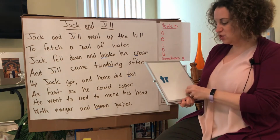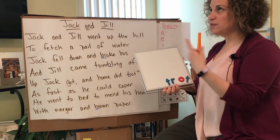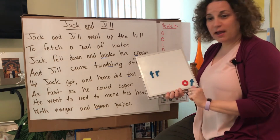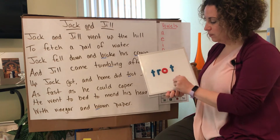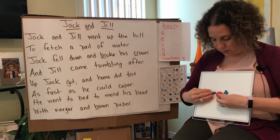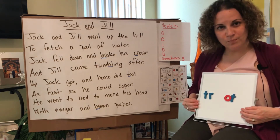So say the word trot with me and we'll build it together. Trot, trot. So the first part, what we hear is that TR together, tr. And then we hear our second part of the word, ot. Put it together, trot. Now let's break it apart. Ready? Tr, ot. Put it back together,